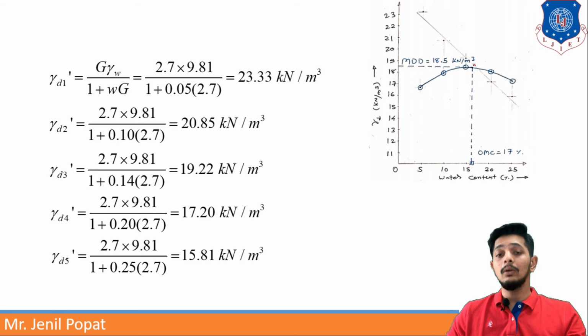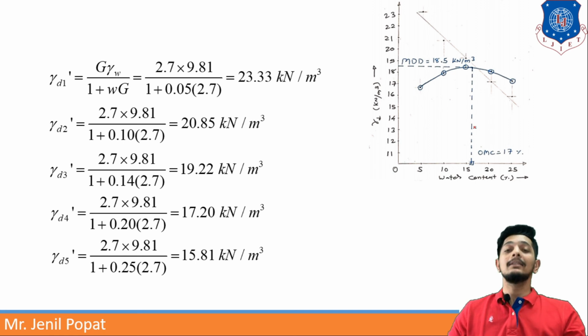The peak of this curve will provide, on the left-hand side where gamma D is written, the MDD, maximum dry density, and on the bottom x-axis, it will provide OMC, that is optimum moisture content. So from analyzing the graph, I'll get MDD as 18.5 kilonewton per meter cube and OMC as